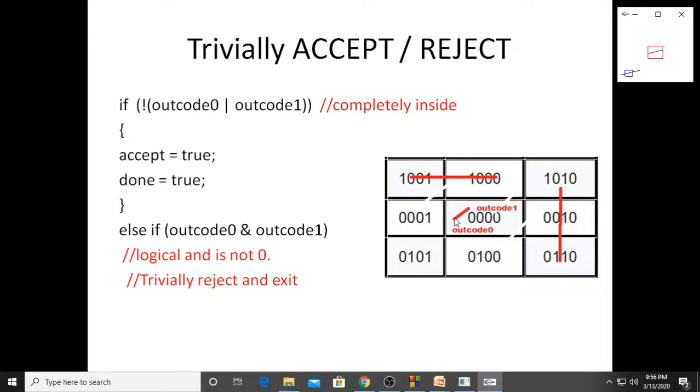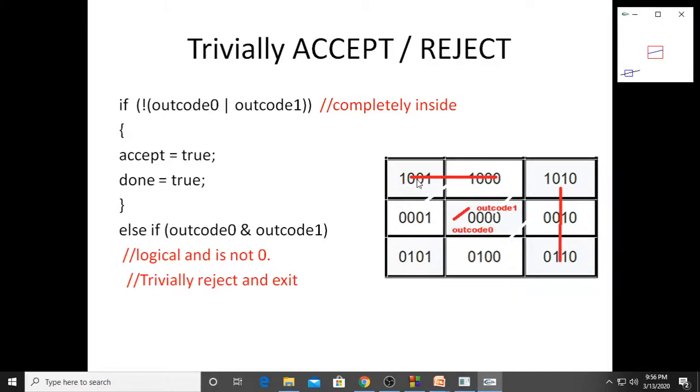So outcode 0 is 0, outcode 1 is also 0. So that is the completely inside case. You apply the OR operation and the result is 0. Not of 0 means 1. So the if condition is true, you accept the line and you make the variable done equal to true.